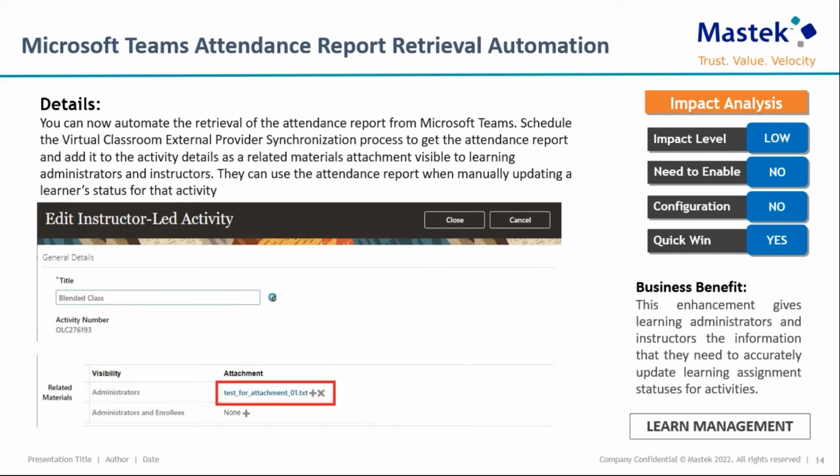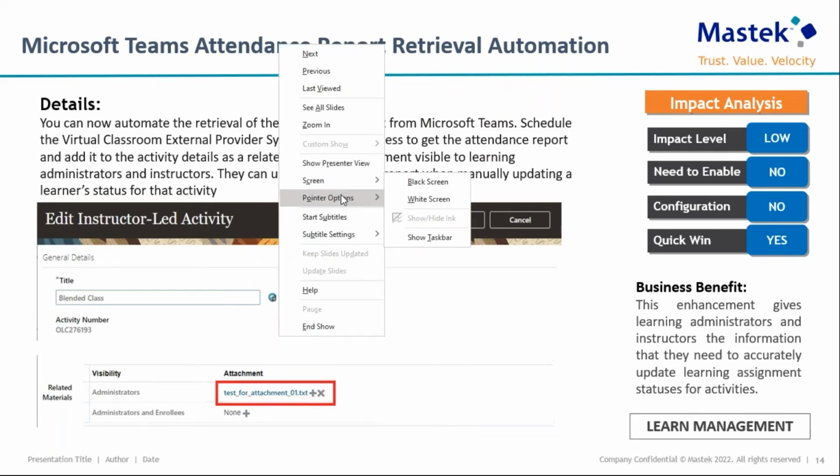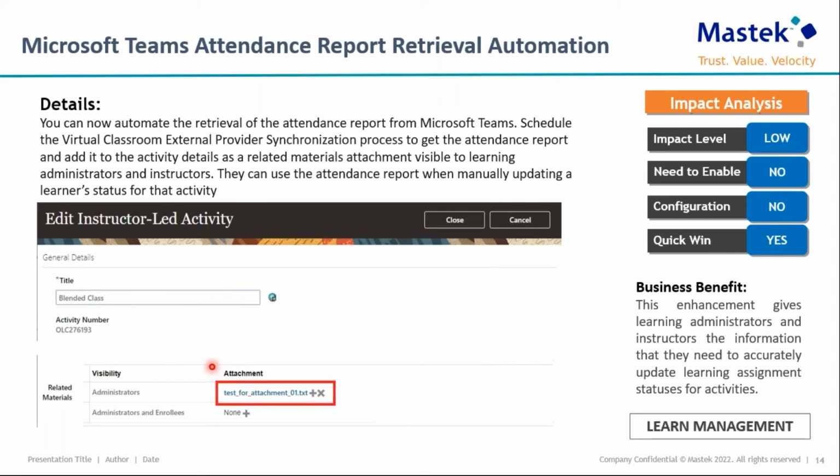So as part of your instructor-led activity, which you will configure in the system, which is going to be a virtual class, once you run the schedule process, Oracle Fusion System is automatically going to fetch a report of all the people who had attended that seminar in Microsoft Teams, and it is going to be available in that activities area as an attachment, as you can see on the screen over here. Let me just try to highlight that with this pointer, right? So in the activities, in the administrators, it is going to be